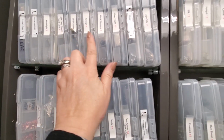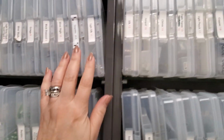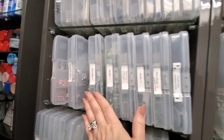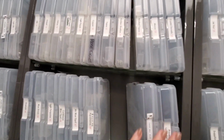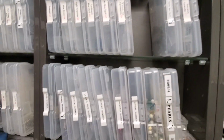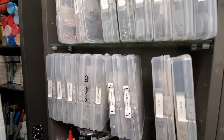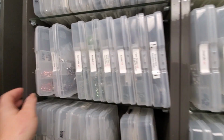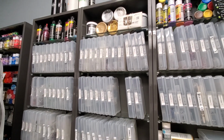Everything is labeled, very old labels, and they're also numbered in case I have an assistant that doesn't know that crystal light is a light green and it goes in the green section. And then different names of colors can be kind of interesting sometimes. So everything is labeled and numbered. And then we have little containers inside. And once I get low with those, then I go to my overstock